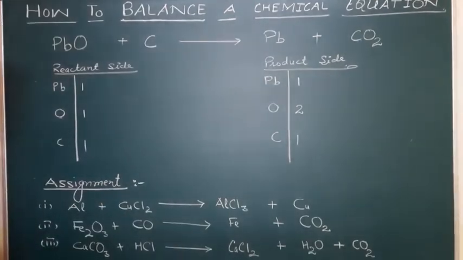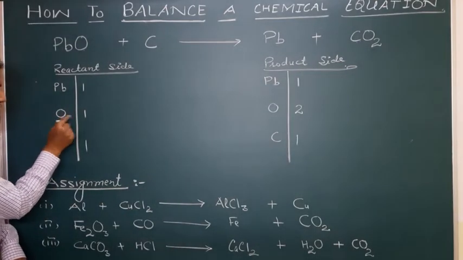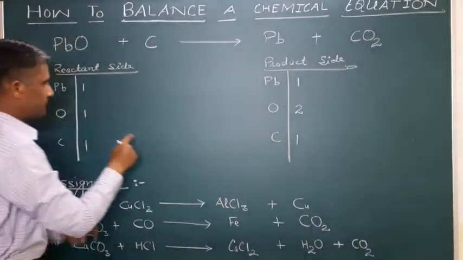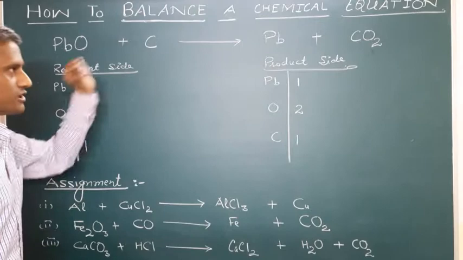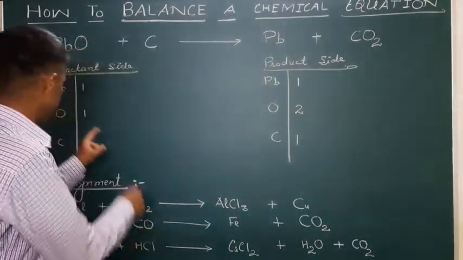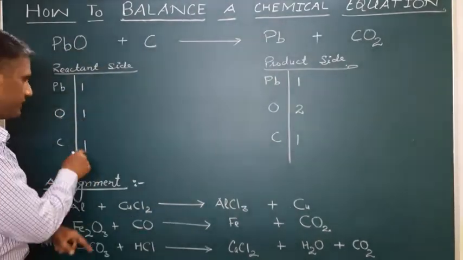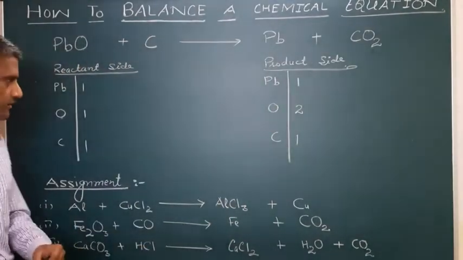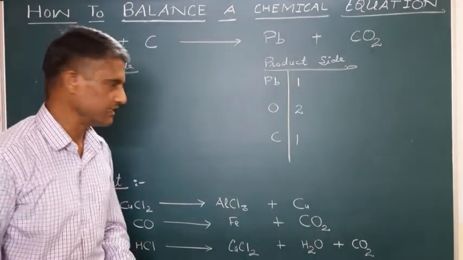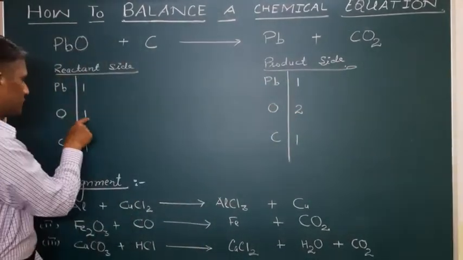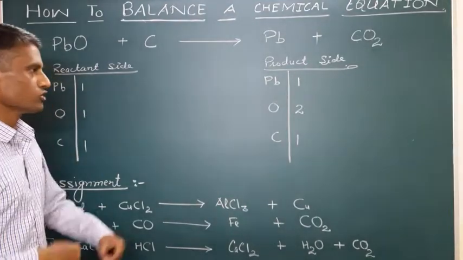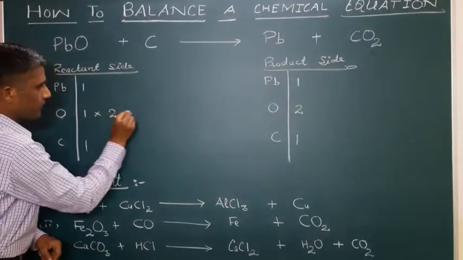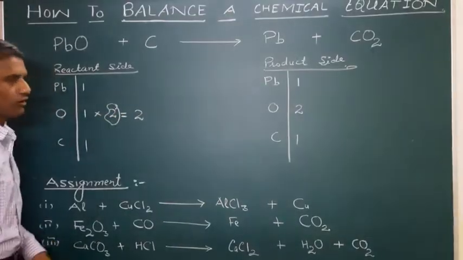Now this is where the rub lies. Oxygen, number of atoms 1; oxygen, number of atoms 2. The others are balanced, but one is enough to dislodge this chemical equation. So that's where oxygen is playing the role of a villain here. We need to balance oxygen, and it is very easy to crack: 2 and 1. 1 should be multiplied by which digit so that it equals 2? Really, it is going to be 2, and 2 into 1 is 2. So this is going to be a coefficient here.